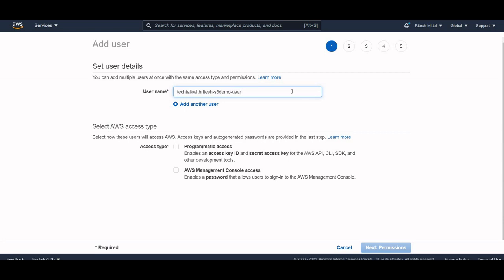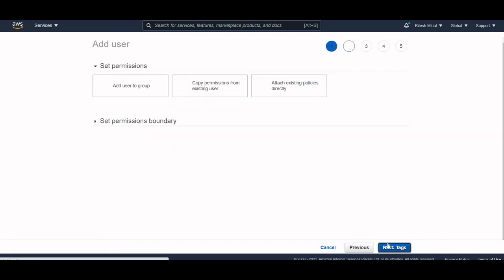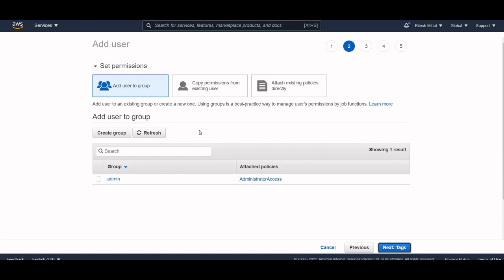This is the username I'm going to use. For access type, you can either give AWS Management Console access, meaning this UI, or programmatic access. Of course, for this purpose we need programmatic access, so select this checkbox and click next.